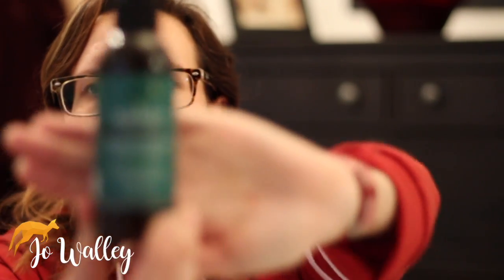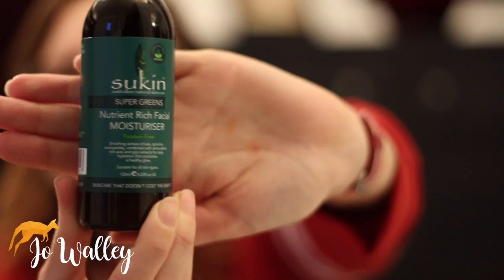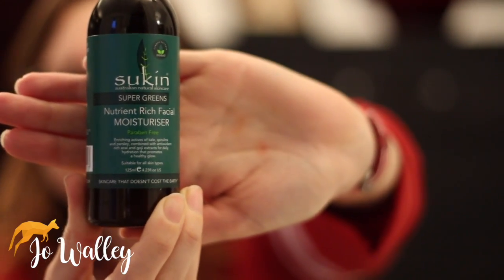So I have two here, one that I tend to use in the day and one that I tend to use at night when I want a little bit more rich moisture. So the first one is one that I've actually been using for a couple of years now. It is available from Love Lula, but I actually discovered this in a store in Manchester. It was recommended to me when I was looking for a new moisturiser, and I wanted something that was cruelty free. It's 100% vegan as well, and 100% carbon neutral, and it has no SLS, no synthetic fragrances, and it